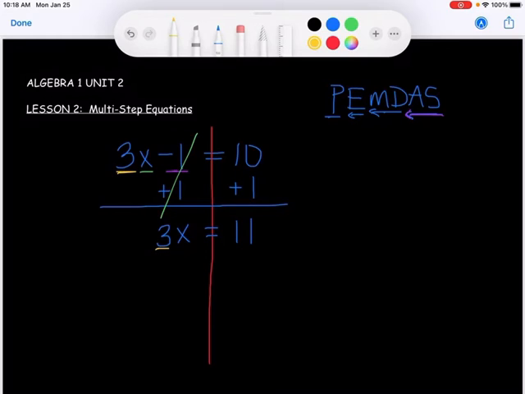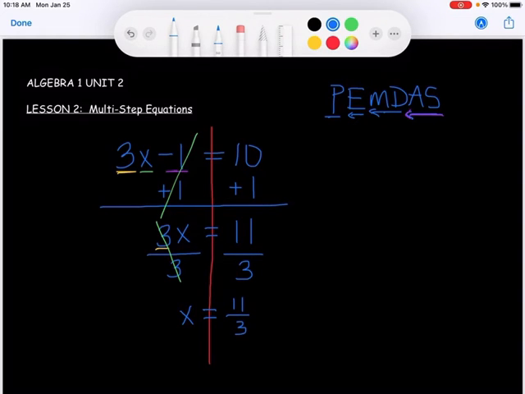So I need to do the opposite operation, which is to divide by the 3, because we're trying to get x by itself. So we need to get rid of all the other values that are with x. But what you do to one side, you've got to do to the other. The whole point here is that those 3's cancel, and we're left with just x on this side equals 11 divided by 3 is not a whole number, so you can leave it as 11/3 because it doesn't reduce,